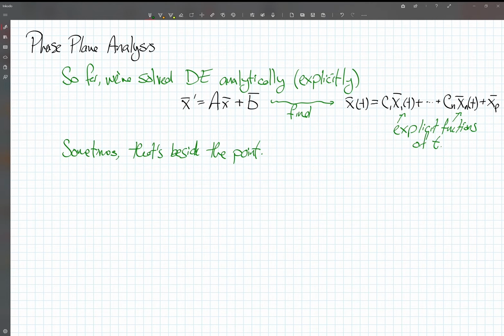Sometimes though, when you're applying differential equations, having a formula for it isn't really the point of finding a solution. What we really care about is what the end behavior is, what happens to the solutions over time. If you recall, there have been several questions we've encountered about an oscillator, what happens at infinite time? What conditions can we put on the coefficients of the oscillator to make sure that it doesn't have resonance? Questions like that. That's what we're going to do, and we're going to come up with a sort of coordinated